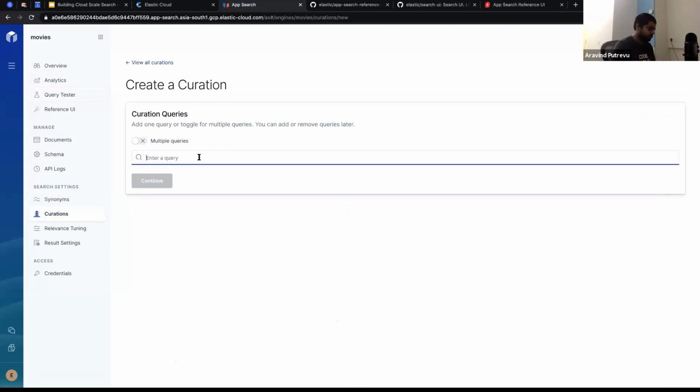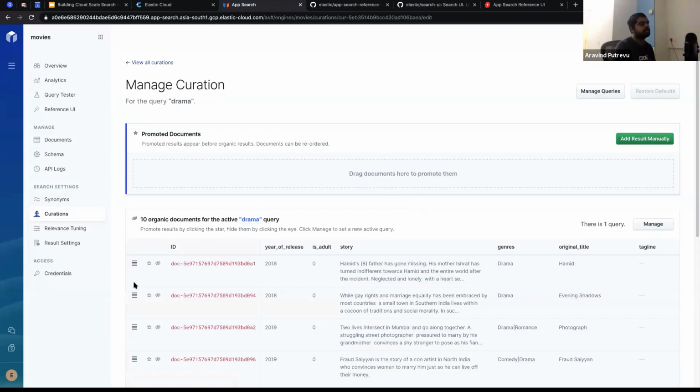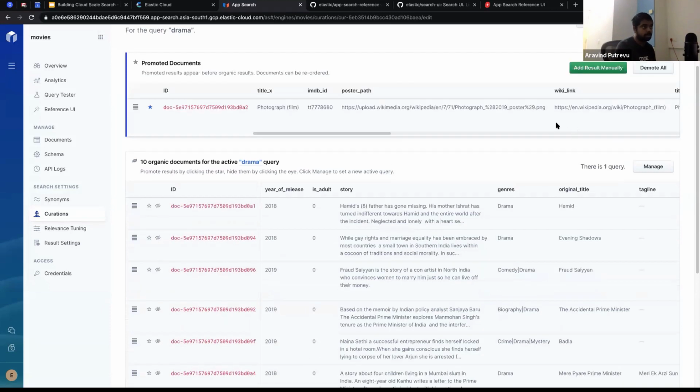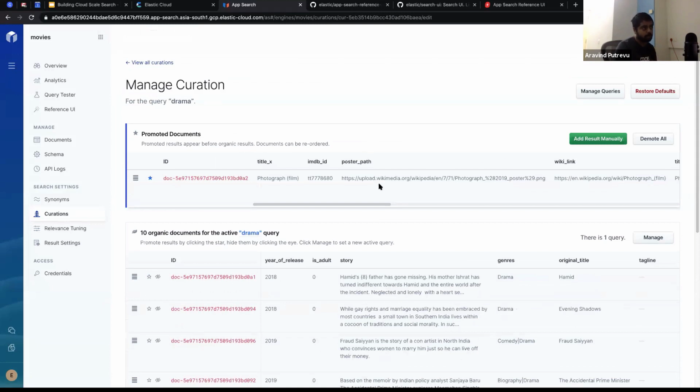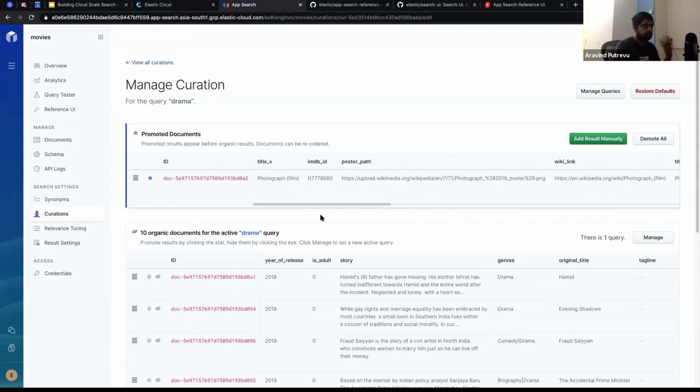Say I want to highlight or promote a specific document: if I type drama and I have a bunch of documents, and I want to highlight this specific result, I can click on promote result, and then every time I search drama, this result will show up in the search results.